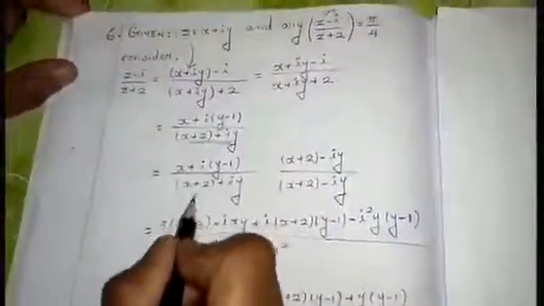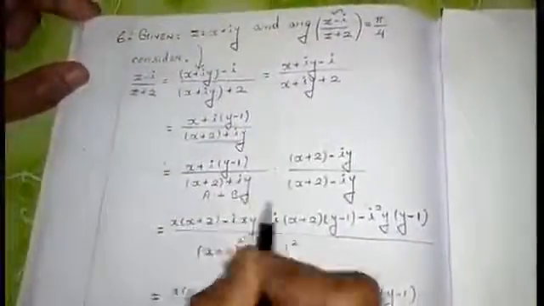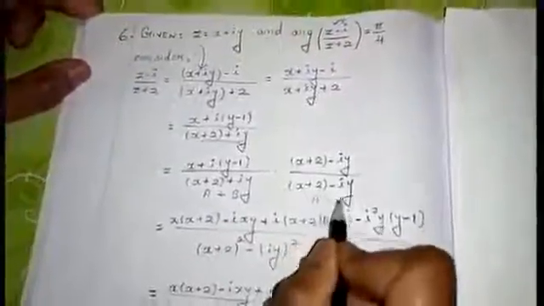After simplifying the terms, you will have it in this form, that is (a plus b) into (a minus b), which can be written as a square minus b square. Simplify the terms. Finally, I will get a value like this. Again, this value can be rewritten. I will tell you how to write it.